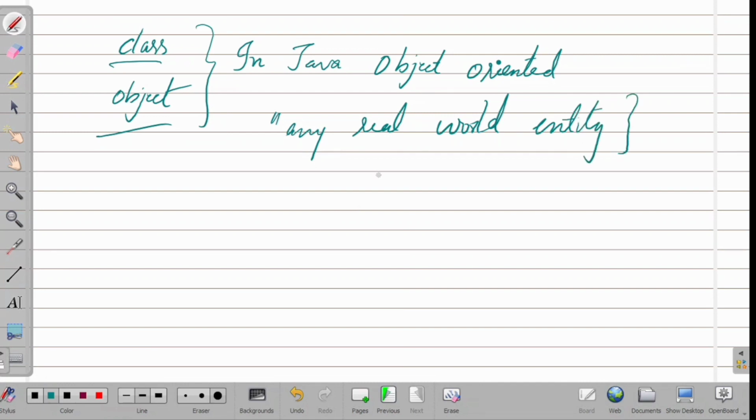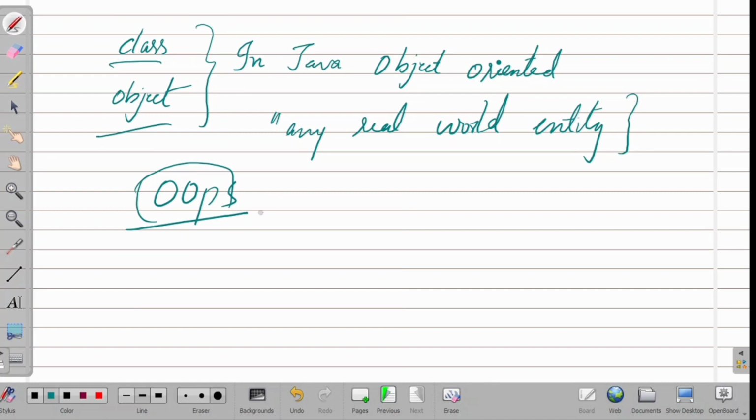Whatever we write in Java must be in class and object form only. Everything is an object, so we call it the OOPS concept. OOPS means object oriented programming structure. We will discuss it in later classes.